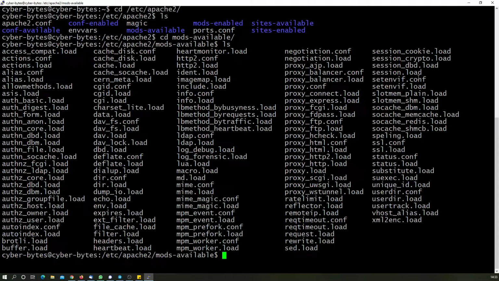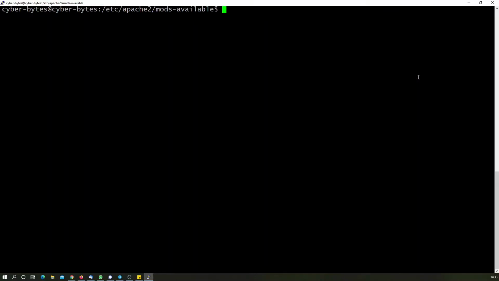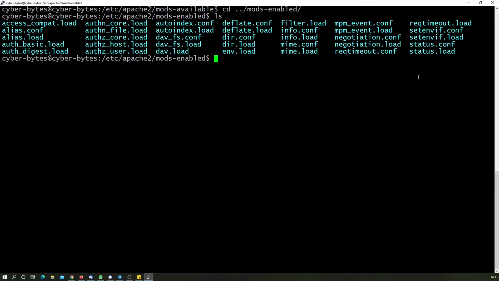So this is about the available modules in the Apache service. Next, we will see mods-enabled. These are the modules that are currently enabled on the running server. Each module has a conf file and a load file. The load file has the directives that are put into place when the service is loaded, and the configuration file has the specific details and directives that need to be worked on. That is the introductory part about modules that I can talk to.